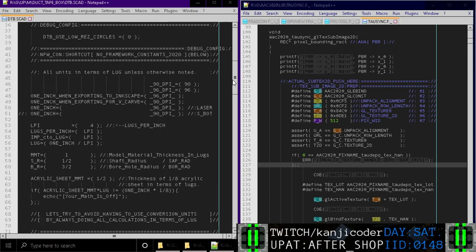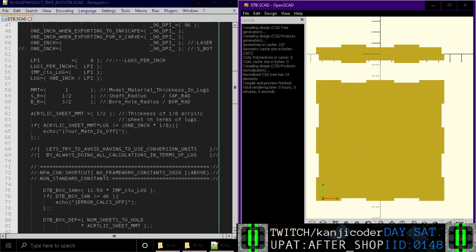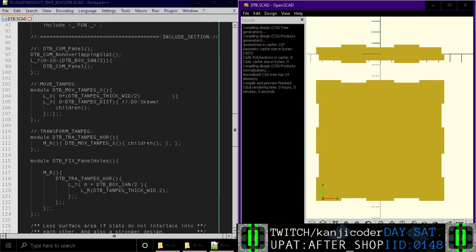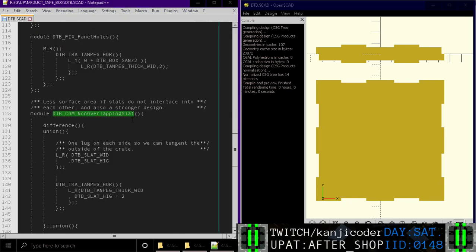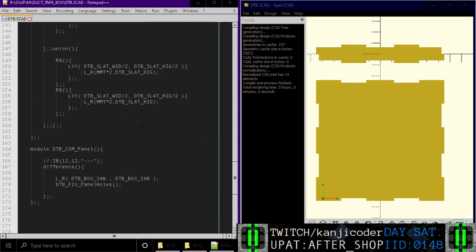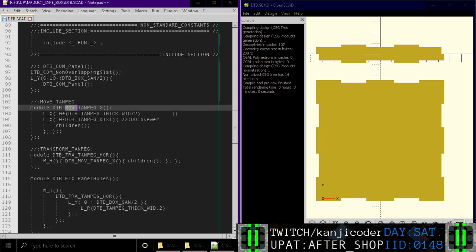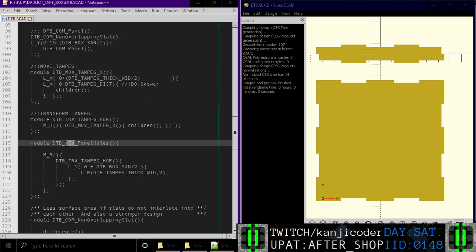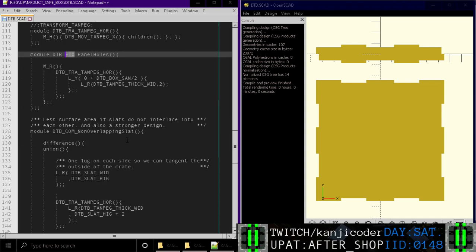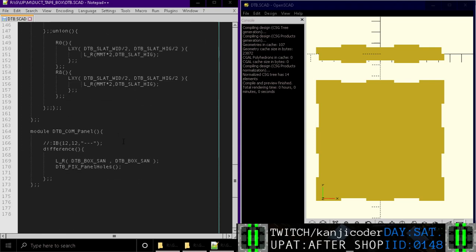So anyways, we got these calculations and all that good stuff. Let's go look at the file here. So let's make a three-dimensional version of this. But before we make a three-dimensional version, let's shove things into different folders. So right now, I don't really have that much code. This isn't really much code, and I have all these different namespaces, like components, moving, and transforming. And this is a namespace for fixtures. Right, we got all these different namespaces, but there's really not that much code. It's not enough to really justify